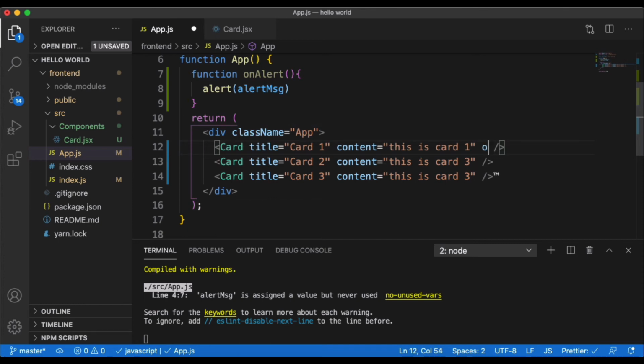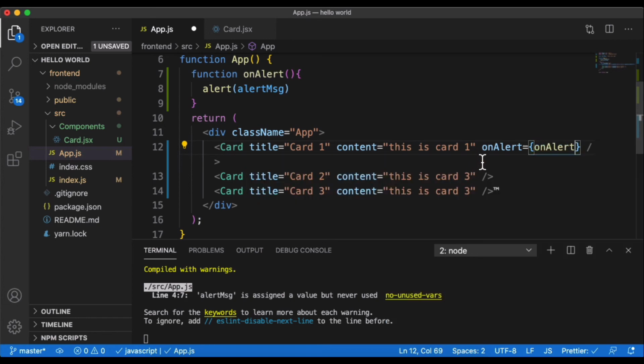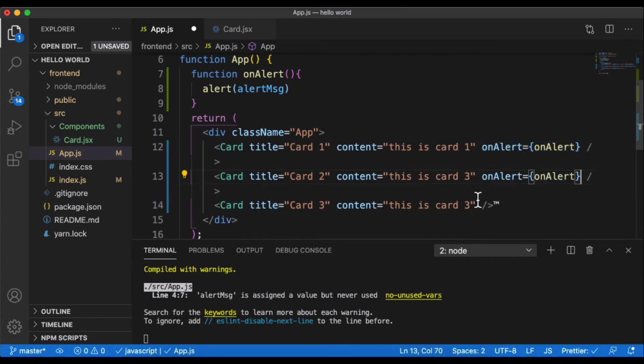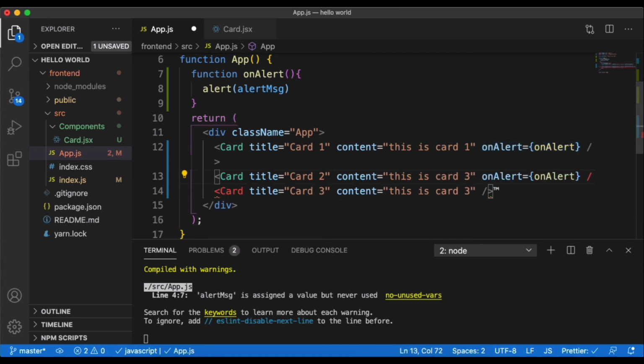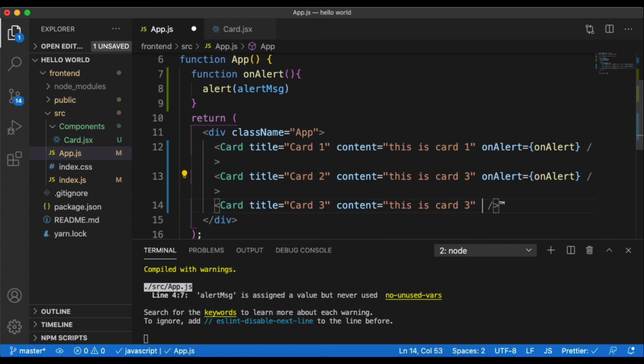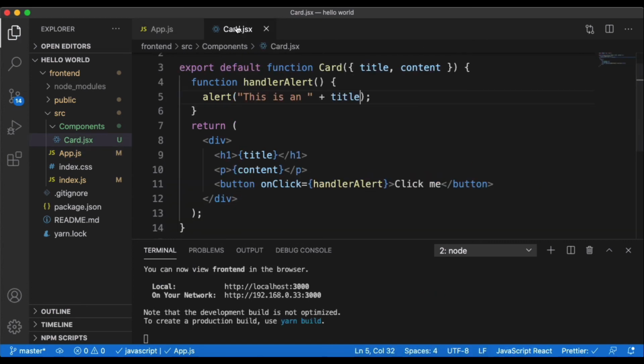So let's say onAlert, and we'll do the same thing. So we'll pass it as a function and we'll send that to all of them. Save that. Now if we delete the function on the card,